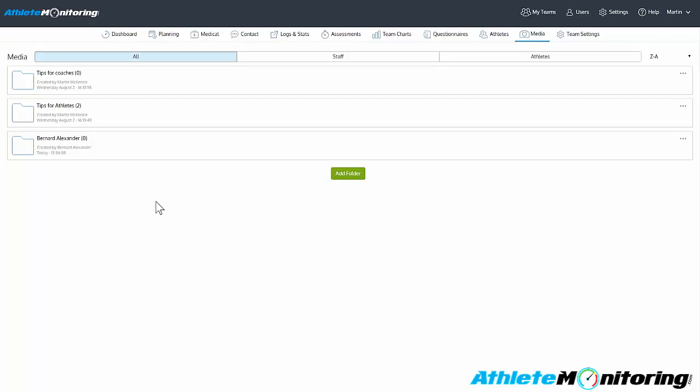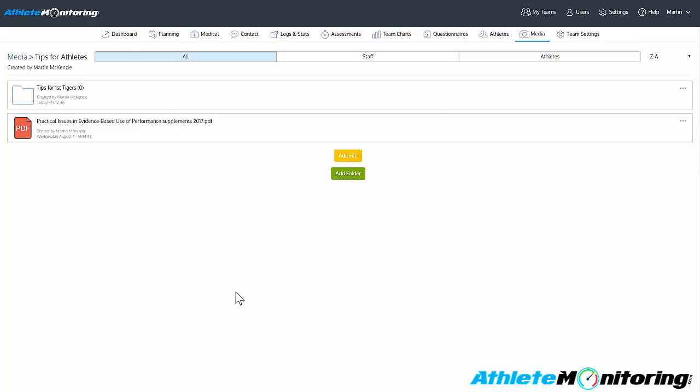When you select a sort method or filter whose folders you can see from, these options are saved until the next time you leave the media sharing module and re-enter it. So if I go into another folder, you can see I'm still seeing folders from all, and I'm still sorted in reverse alphabetical order. Now that we've covered how to navigate the module, let's get into how to create and